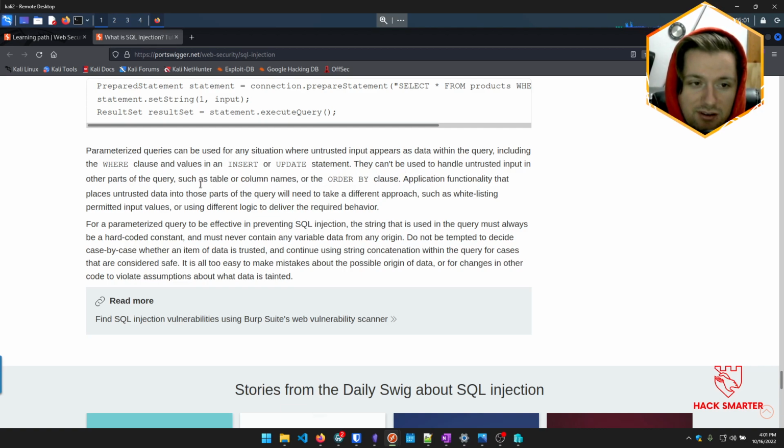That seems risky as heck to allow user input to select a table name. Application functionality that places untrusted data into those parts of the query will need to take a different approach, such as whitelisting permitted input values. There you go, that's a good idea. Or using different logic to deliver